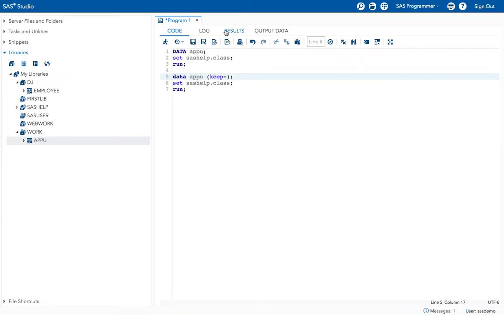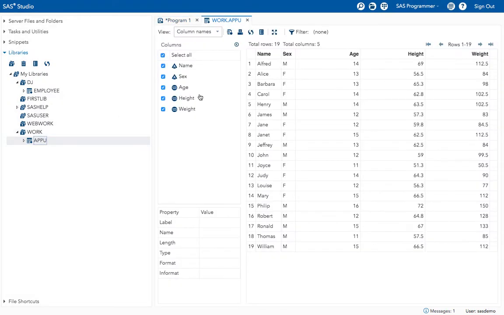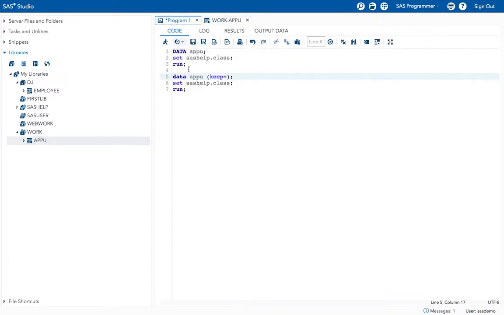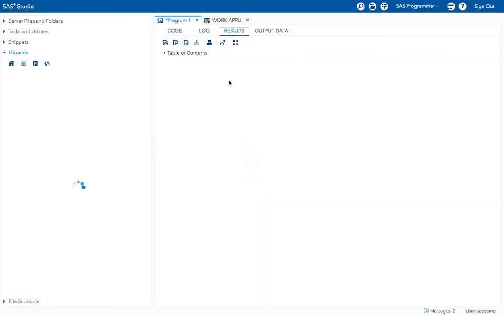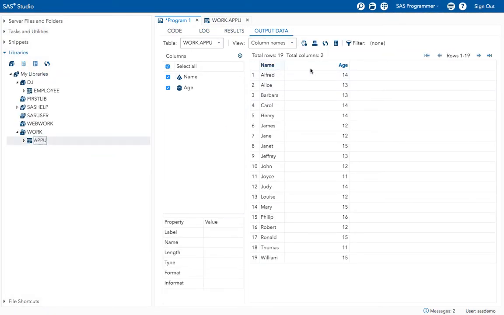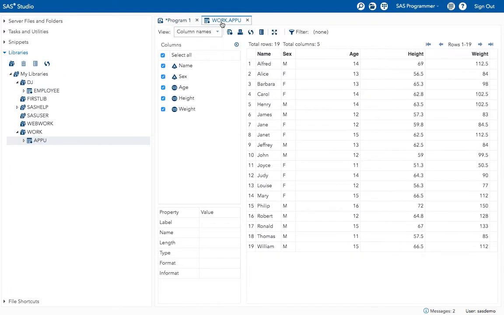so what I want to keep and what I don't want to keep in the data. Maybe now I want to keep name and age only, so for that I will give name, age. If you run the program now, you will get only name and age in your result. See, I got name and age only. So by using the keep option, you can assign whatever required variables you want with the help of the keep option.